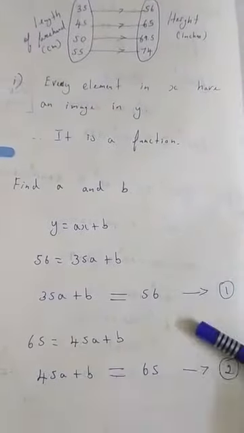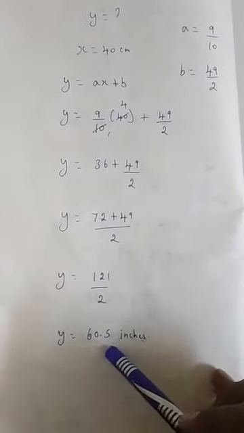Okay. So what are the known values? a we already found, 9 by 10, into what is the x value? In this question, the x value is 40. It is given in the question. Find the height of the woman, which means find y, whose forehand length is 40, which means x is equal to 40. So substitute x as 40. Plus b is what? 49 divided by 2. Let's cancel: 10 1 times, 10 4 times. 9 4s are 36, plus 49 divided by 2. Again let's take LCM, cross multiply. 72 plus 49, divided by 2. If we add, it is 121 divided by 2. If we cancel, it is 60.5 inches.